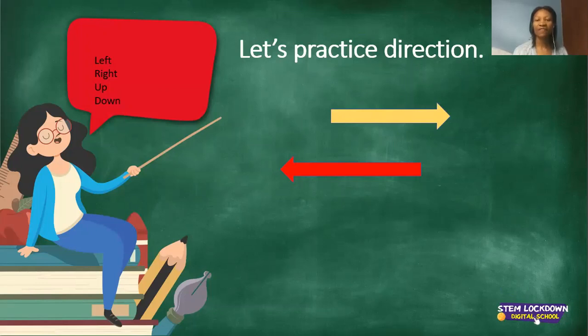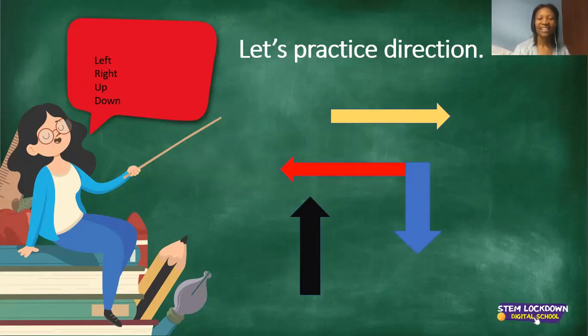Left, left. Give 3 steps to your left. Now let's go to the right. That's the yellow arrow. 3 steps to your right. The next arrow is pointing up. So I want you to jump up 3 times. 1, 2, 3. And then if it doesn't go up, it goes down. So keep 3. Touch your toes. Bend on over. Touching your toes 3 times.